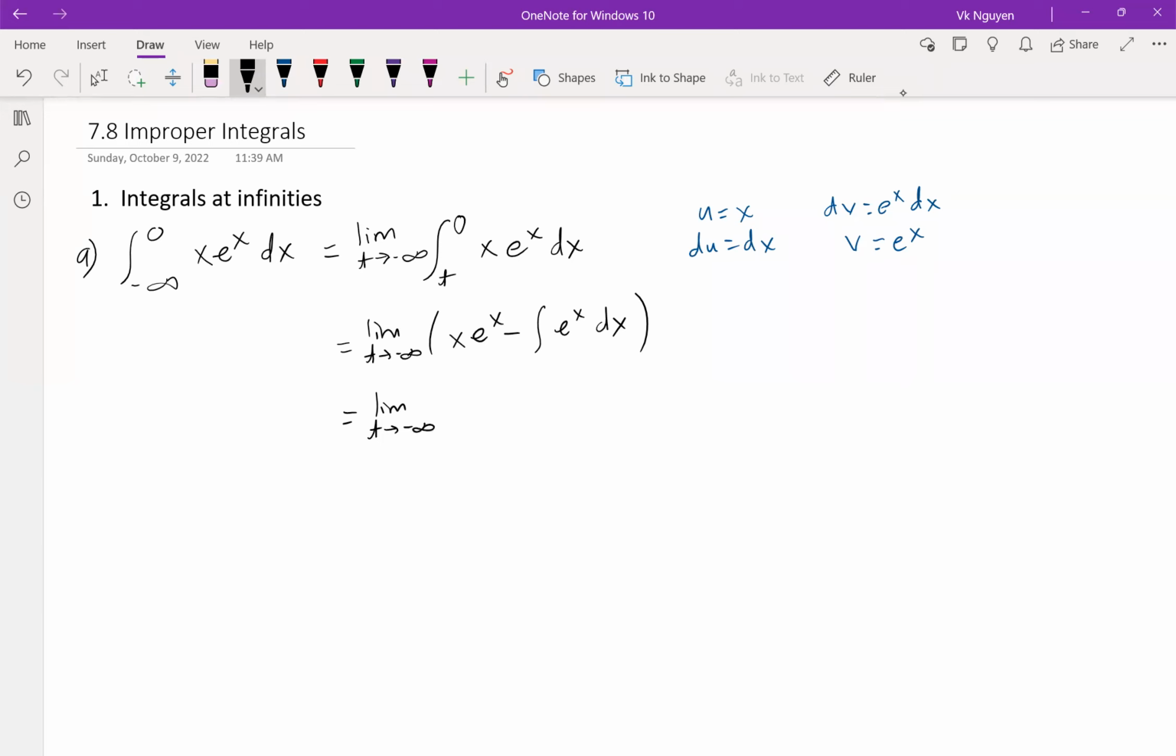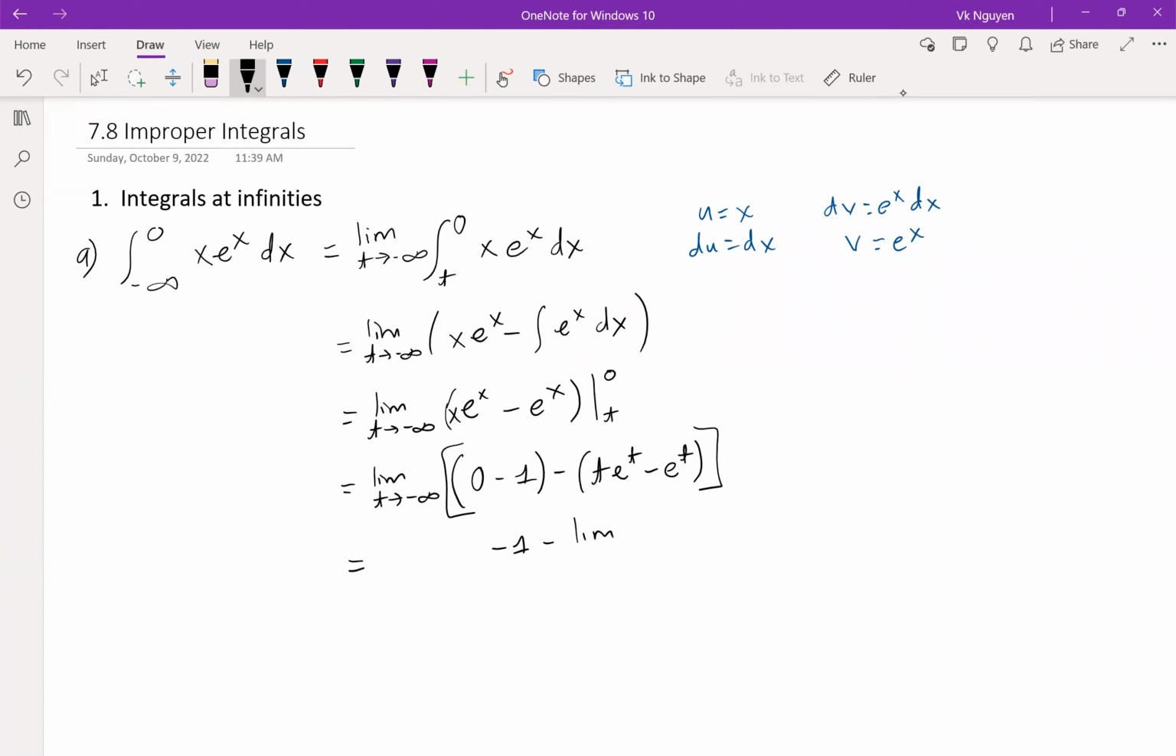Limit as t goes to negative infinity of x e to the x minus e to the x, evaluated from t to 0. When we sub in the number 0, we have 0 minus e to the power 0, which is 1. Sub in t, we have t e to the t minus e to the power t. We have negative 1